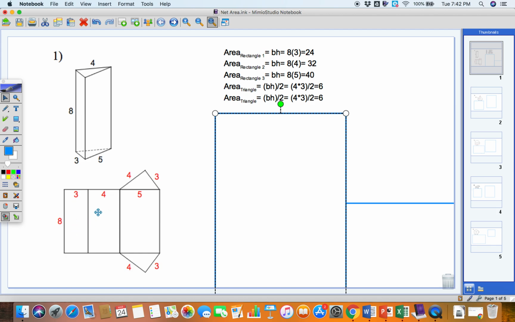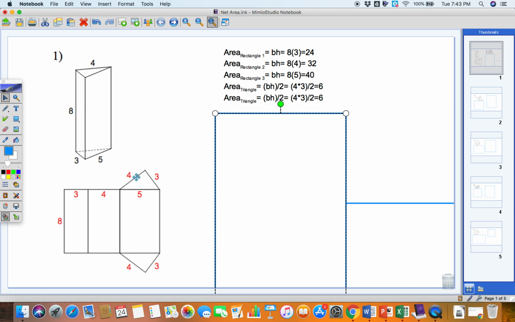Then we moved on to this rectangle. We have a height of 8 and a base of 4. So this is 8 times 4, which is 32. And finally, this third rectangle that we have a height of 8 and a base of 5, which gives us an area of 40. Then when we look at the triangles here, it's not marked, but this is a right